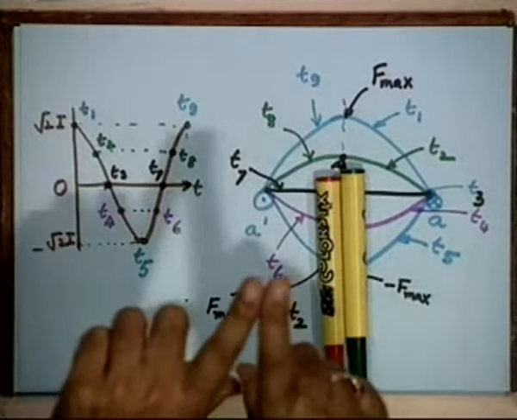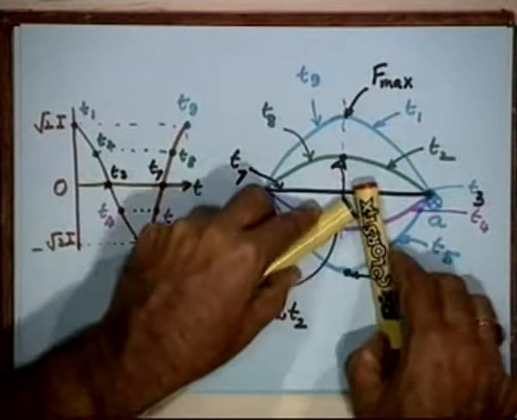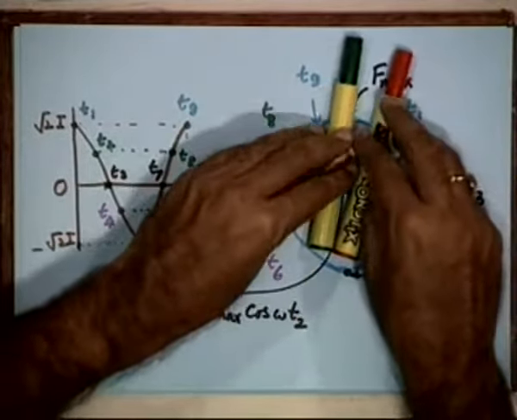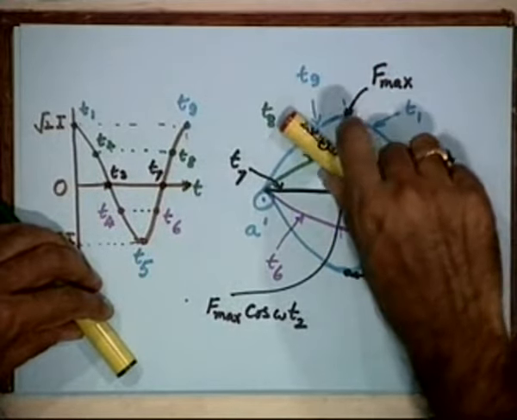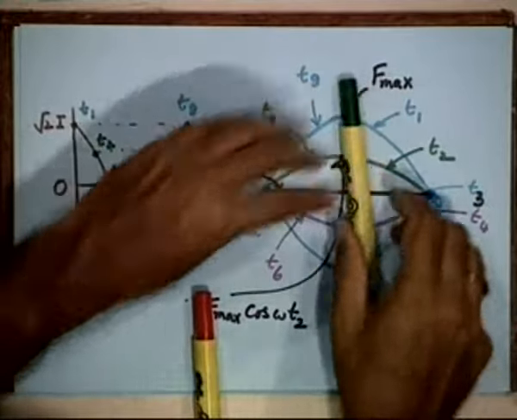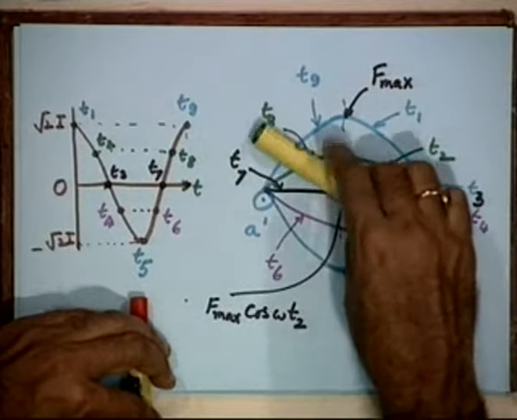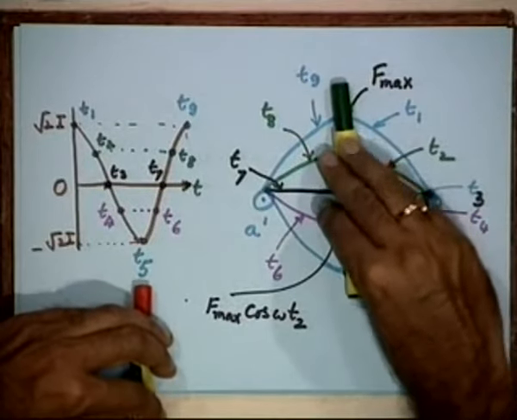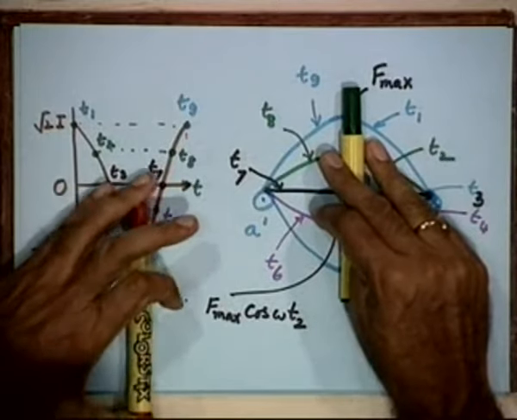It is half the magnitude, it is as good as rotating, then it will change and go like this, okay. So you will find there is one forward field which will go in the direction, let us say at omega electrical radians per second. There is another one, the negative or backward field, which will go like this. So one is rotating at plus omega electrical radians per second, another at minus omega electrical radians per second.